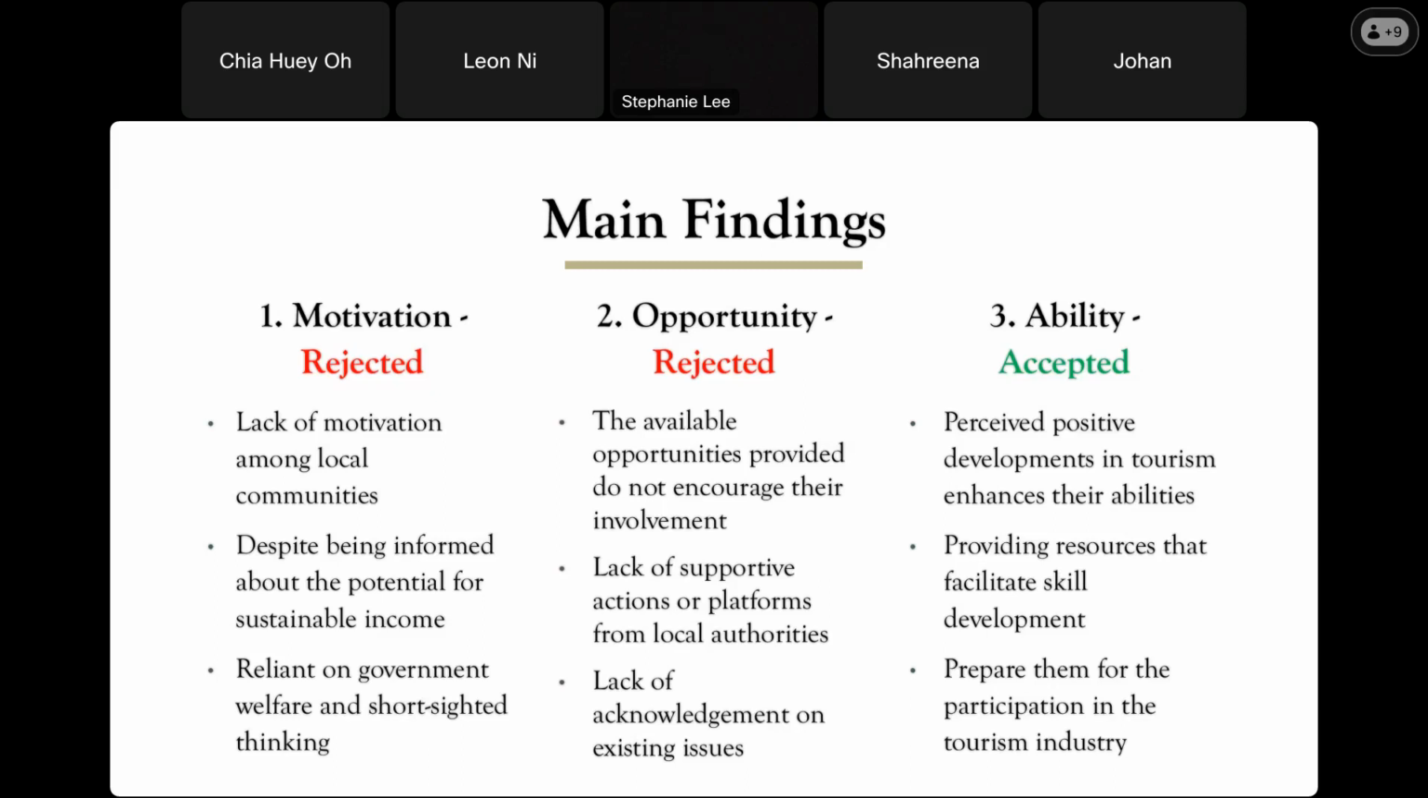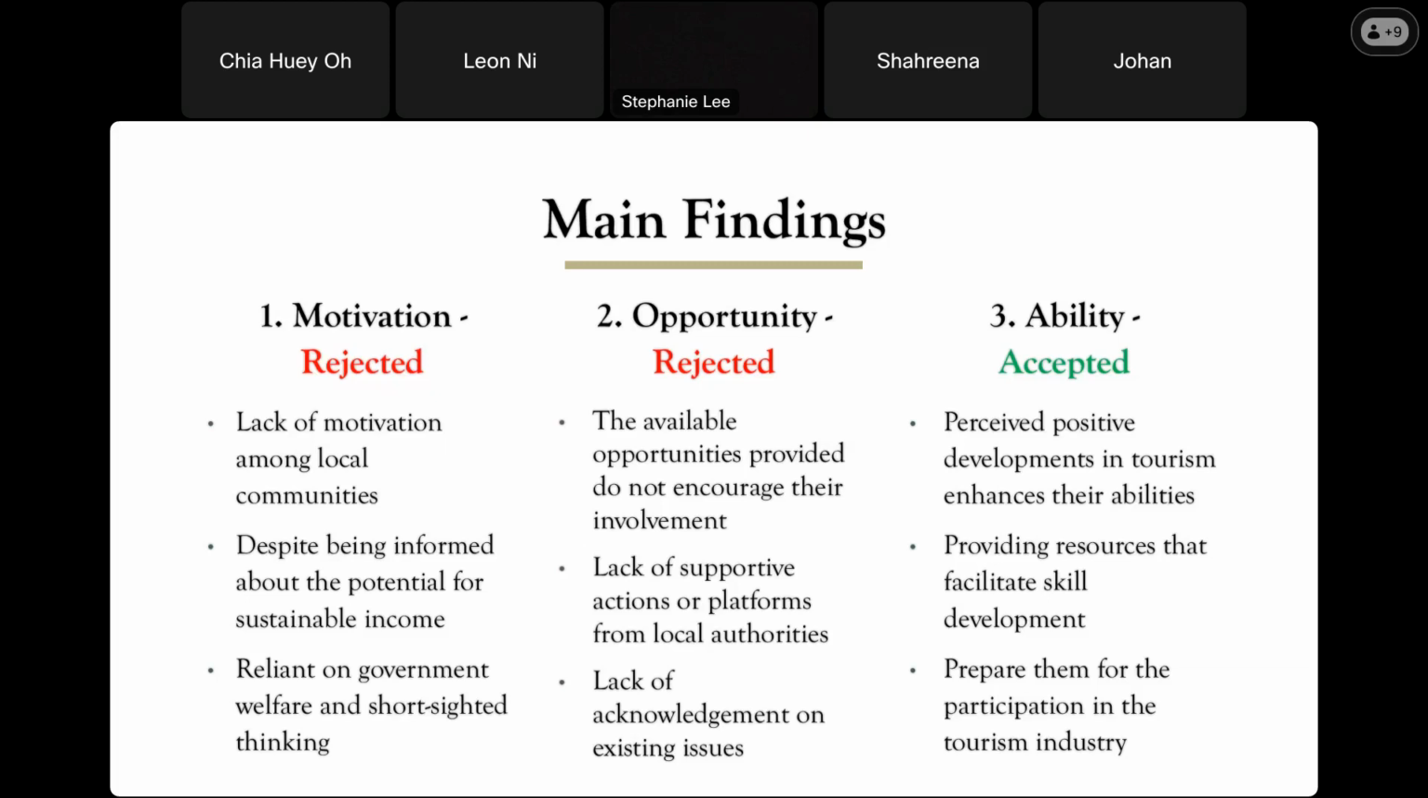Contrary to proposals linking motivation to limited knowledge, locals in Kuala Juru appear to be more accustomed to government welfare as well as possessing short-sighted thinking. The rejection of the second hypothesis indicates a perceived lack of supportive actions or platforms from local authorities. They are facing issues like cramped accommodations, river pollution, and even inadequate infrastructure that is hindering the community from involving themselves